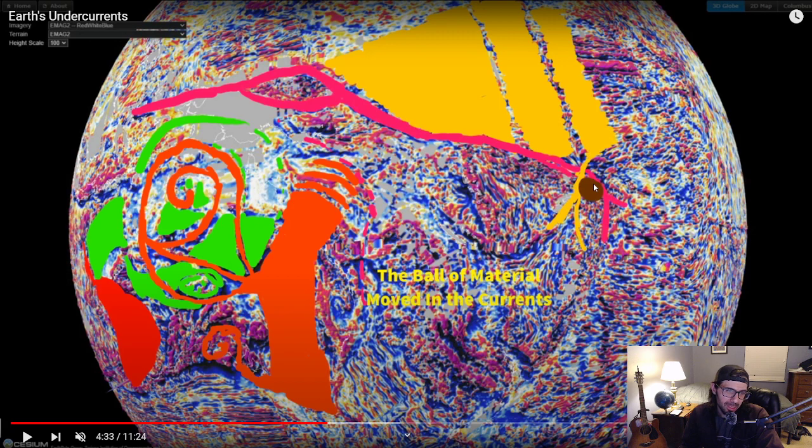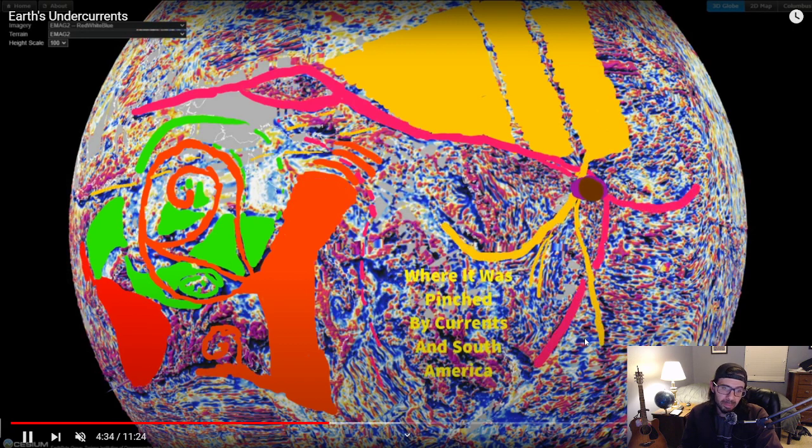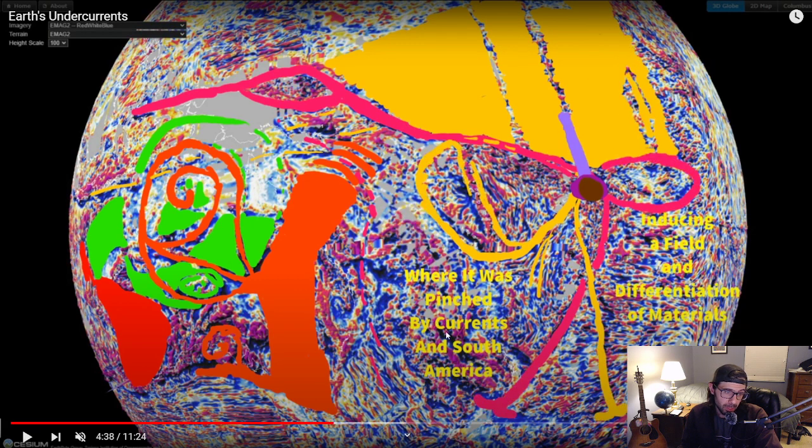The only issue with this is how does it move up here before 66 million years? It really has to be in the position of the beginning of the Hawaiian seamount chain by around 82 million years, according to radiometric dating, which is when the first seamount occurred. So it really needs to start moving up there. I'm not completely sure if it just sent material over here and then this ejected a sphere and it was pinched in the currents by a current, or it was pinched by currents in South America. So this current coming over this way,